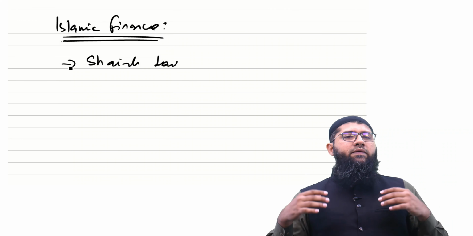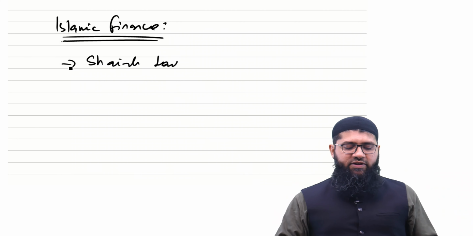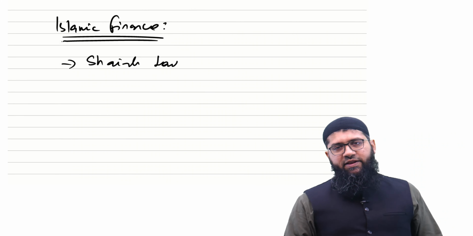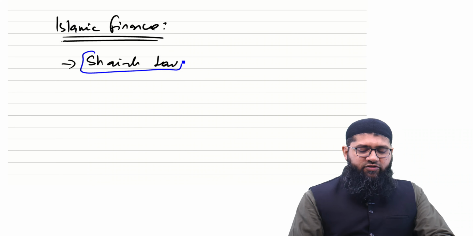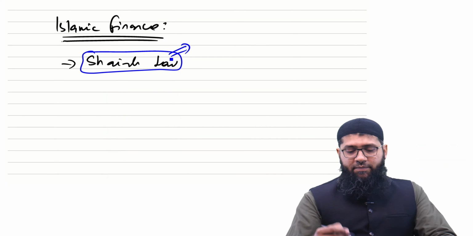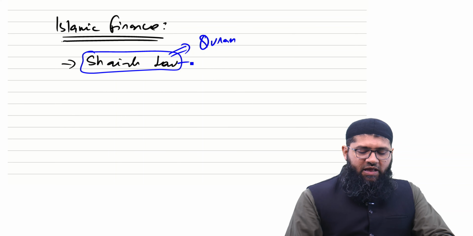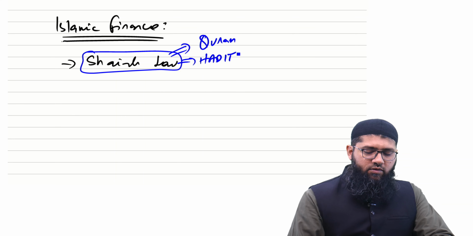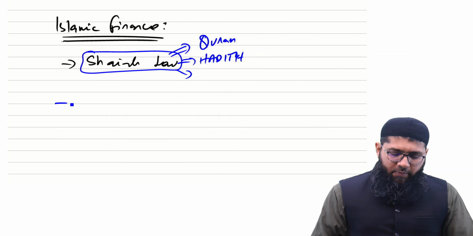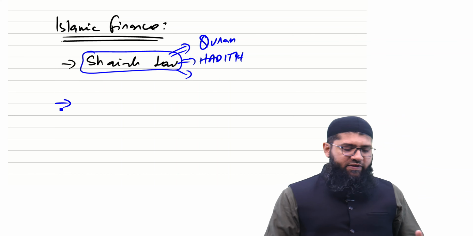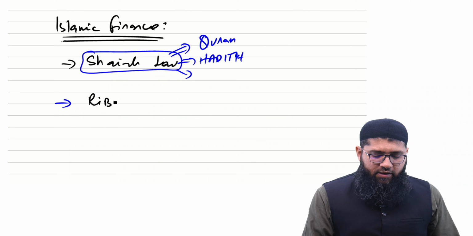The reason being, they want the students to know the major difference between Islamic and conventional finance. One major difference is Sharia law. Islamic finance is based on Sharia principles, which is Islamic law. And Islamic law is the Quran, the Ahadith, and other analogy, etc. Now, the major difference between the Islamic principles and conventional finance is that riba is prohibited